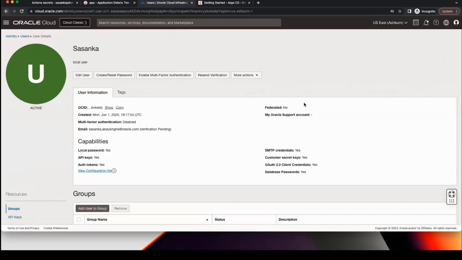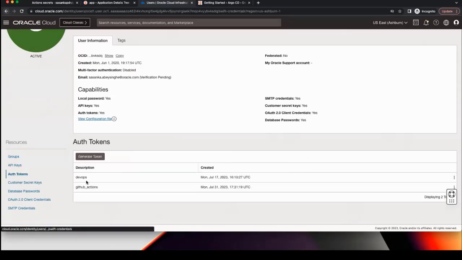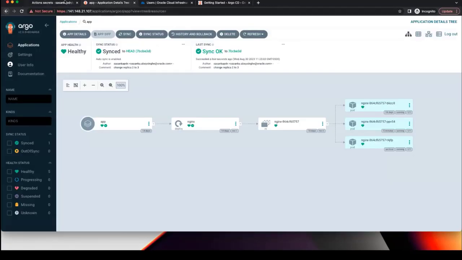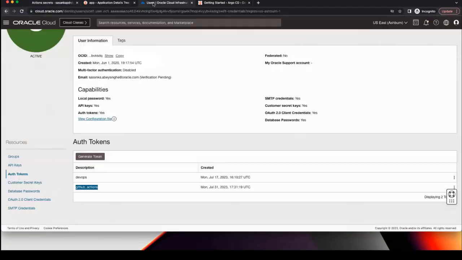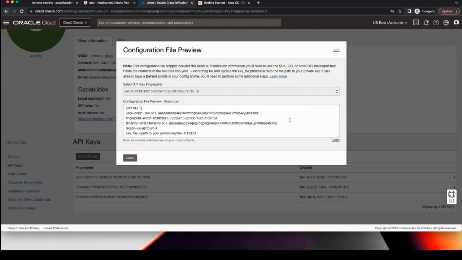And for the Docker password, I create a code token, which I use for the GitHub Actions. And for the OCI config file, I use from the API keys, which I already uploaded. You can see the uploaded GitHub configuration file. This is also what I provided.